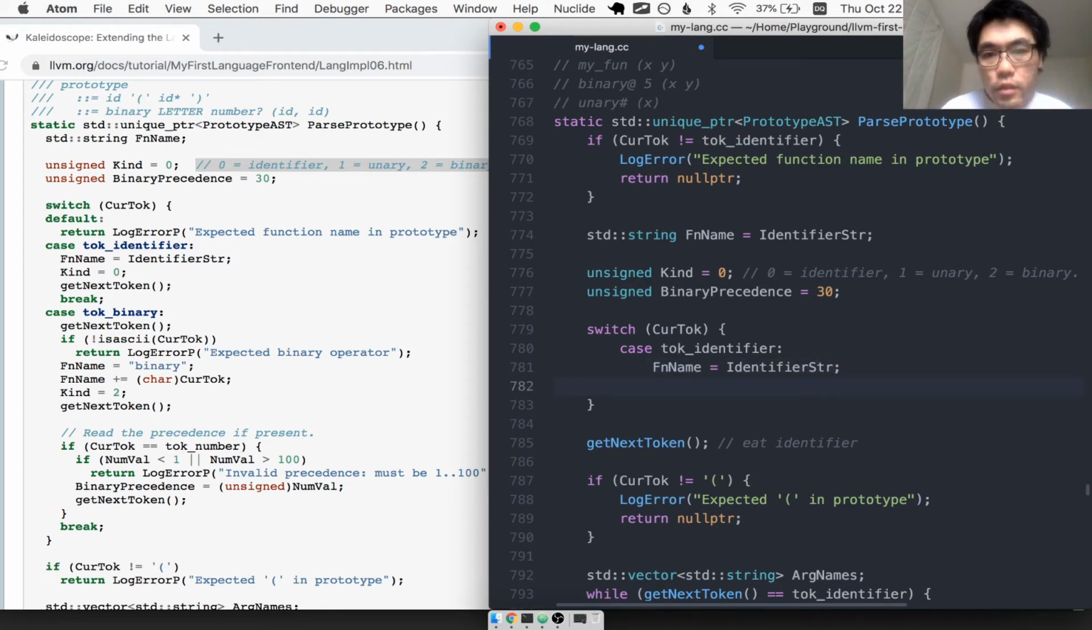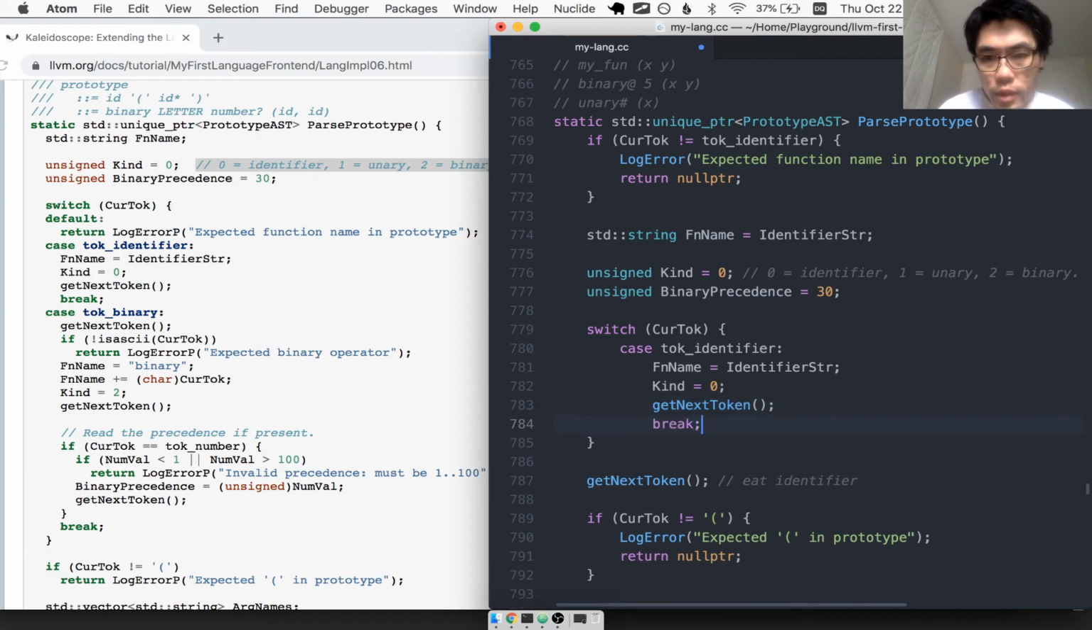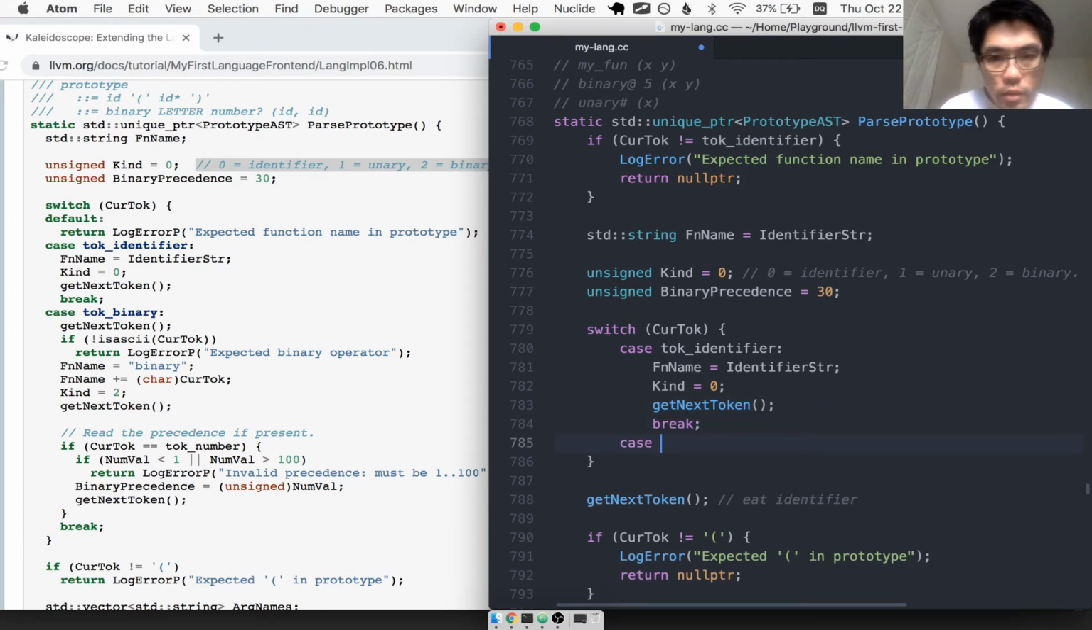So if the token is an identifier, we know it's not the unary or binary keyword, because if it were unary or binary, we have special token types for that. And then we're gonna advance the token and break out of this switch statement. If it's a binary token,